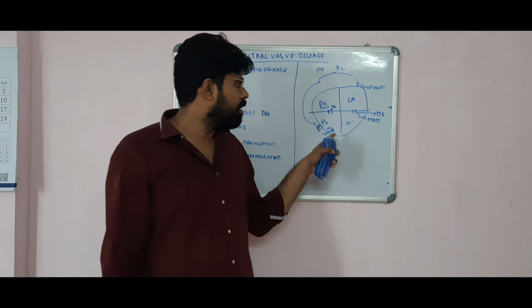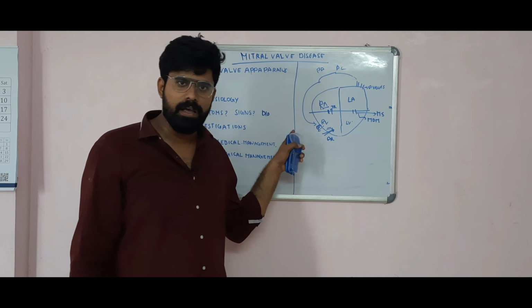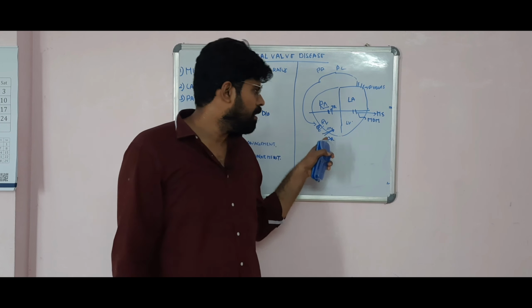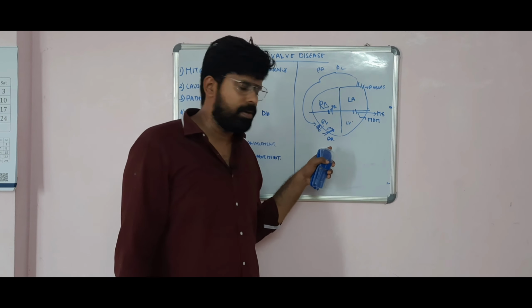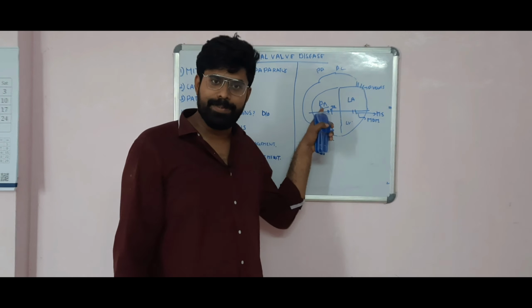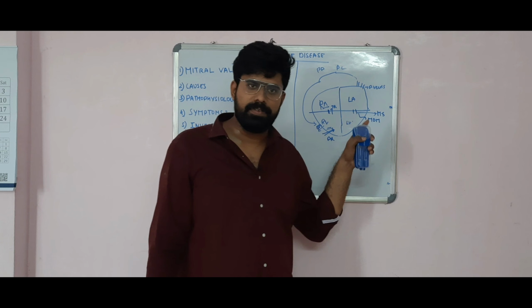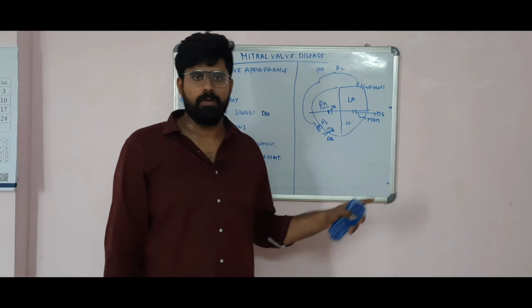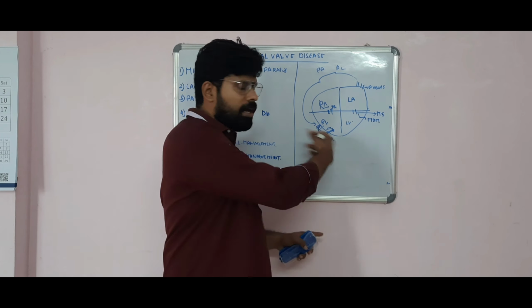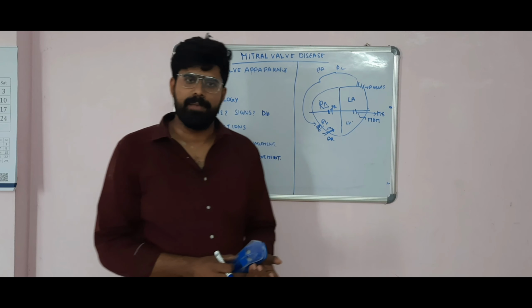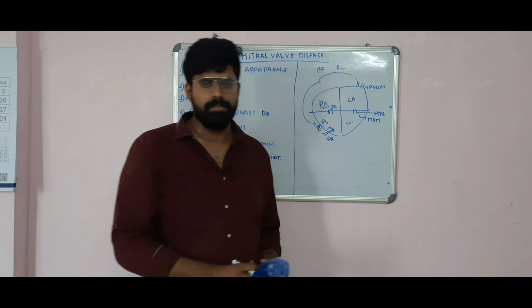Then you have other murmurs, like an ejection systolic murmur at the pulmonary area. You can have a loud P2 because of pulmonary hypertension. You can have tricuspid regurgitation at the tricuspid area, which will be increased with inspiration. This is called Carvallo's sign. Then you can have a pulmonary regurgitation murmur, the Graham Steell murmur.